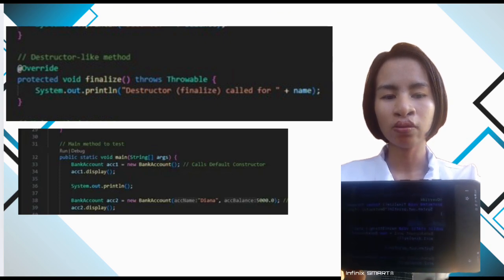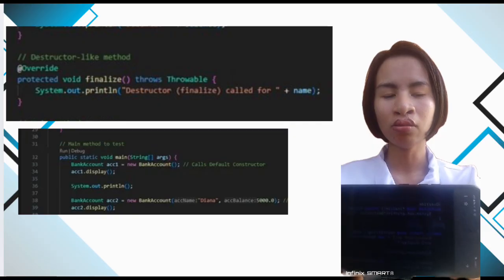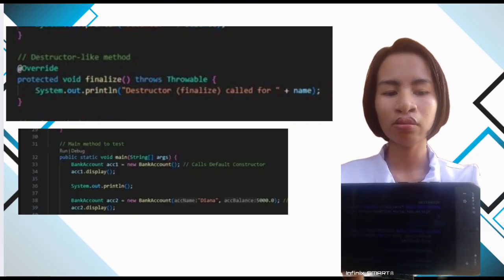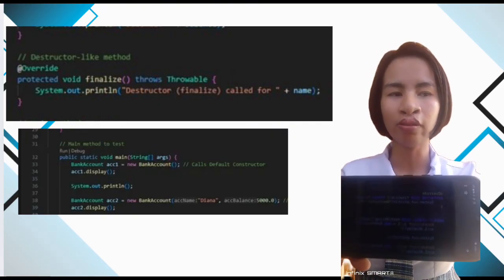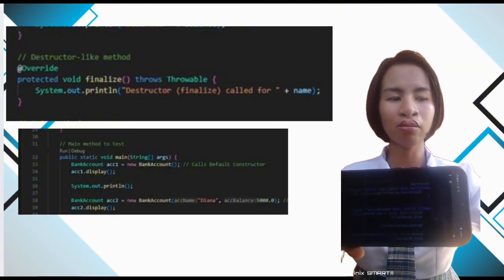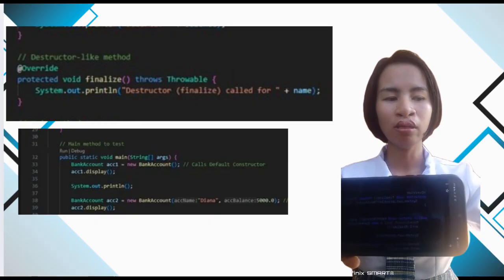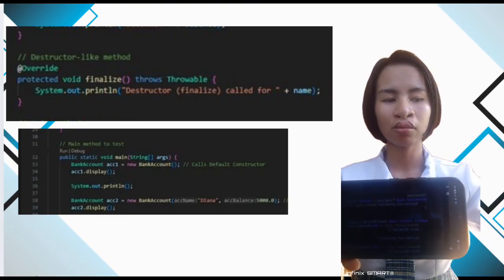In our code, it prints a message that the object is being destroyed, so we can see which object is being destroyed. This shows how Java handles memory automatically, not manually like in C++.